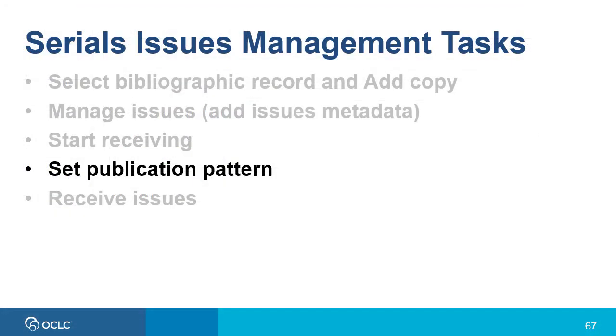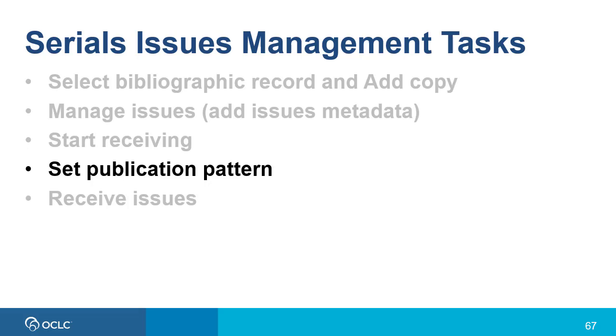The next step is to set the publication pattern for this title, but keep in mind that this is a global action, meaning it is done just by one WMS library for all libraries. Also, a publication pattern should only be set for current subscriptions and never for back issues. Back issues can be added on the Copies screen.